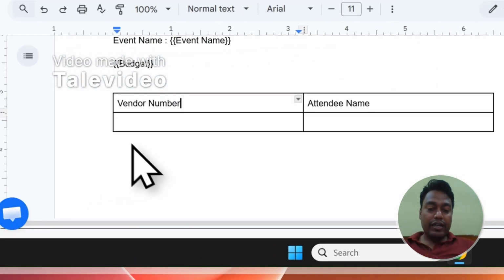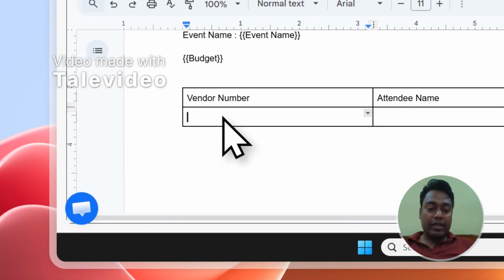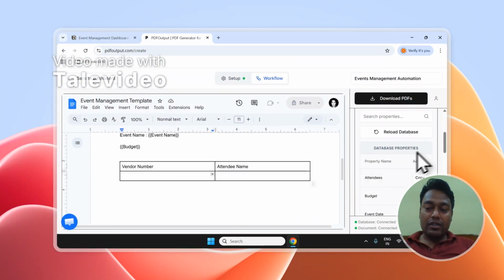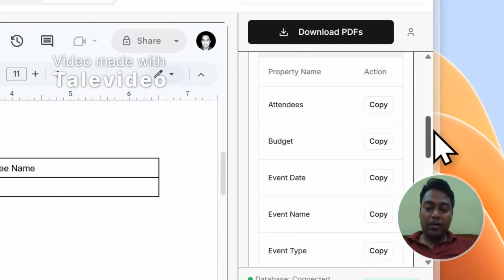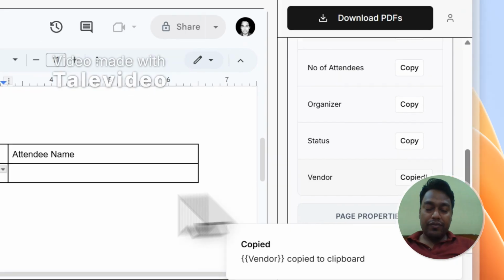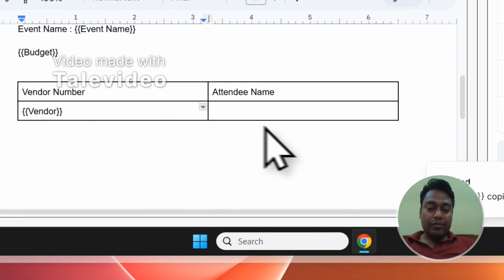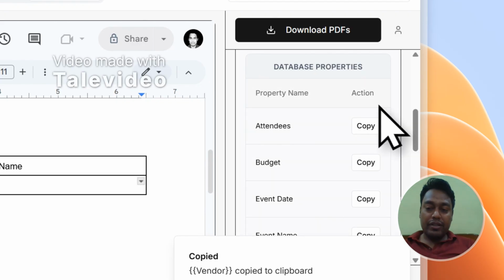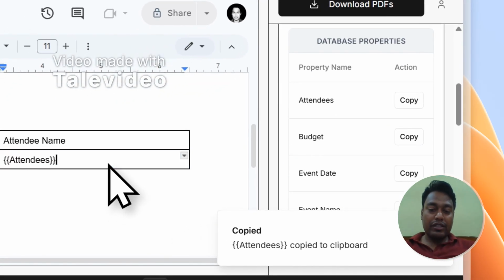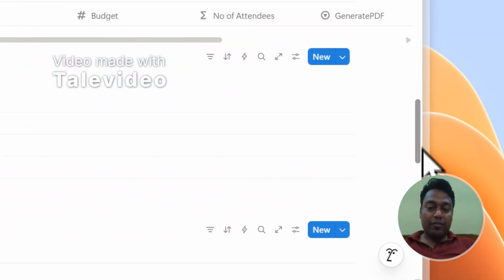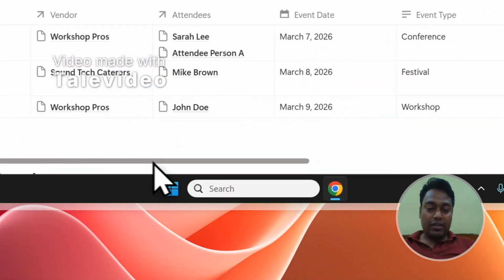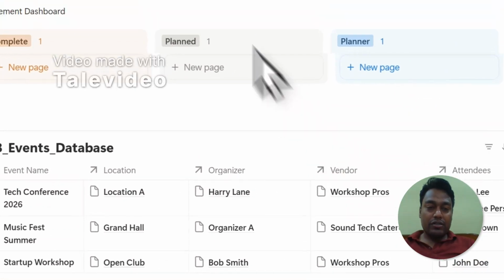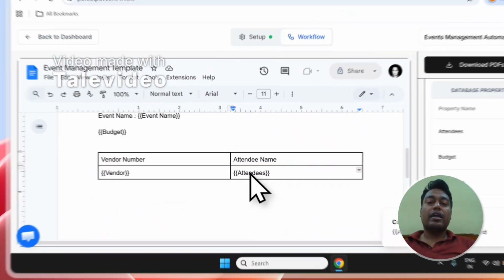So what I want is to create a list of all the vendors that are going to participate in this particular event, along with all the attendees that are also going to participate. So what I'll do is I've just put a heading over here, and I'll simply copy the vendor value which we have. I'll put it inside this table, and similarly I will simply copy the attendee name which I have. So let me copy the attendees. I'll put it over here. So what this will do is it will scan your database, and if there are multiple records coming against one particular event, so let's say we have two attendees coming to this particular event and we have one vendor, both the things will populate automatically correctly over here. Okay,